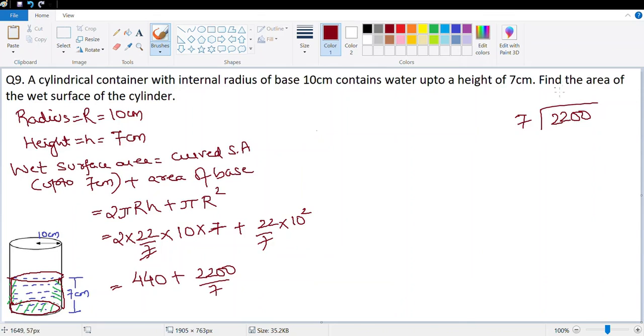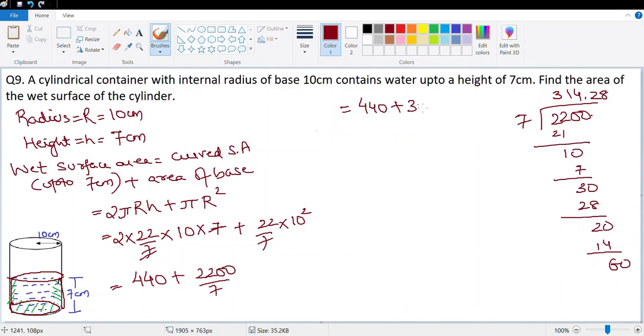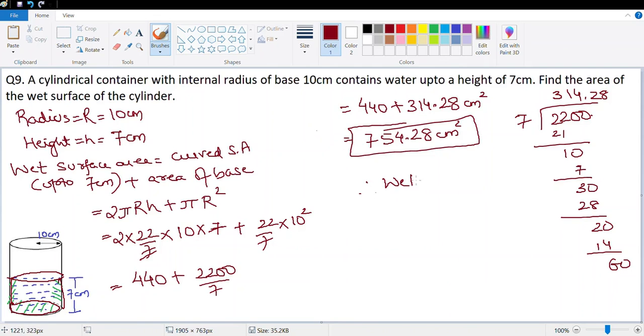7 into 3, 21. That's 10. 7 ones are 7. That's 30. 7 into 4, that's 28. 2. I'll put a decimal here. So that's 0. 7 into 2, that's 14. And 16. 7 8s are 56. So this is equal to 440 plus 314.28 centimeter square, which would be 754.28 centimeter square. Therefore, wet surface area is equal to